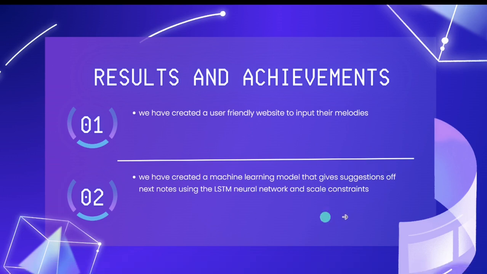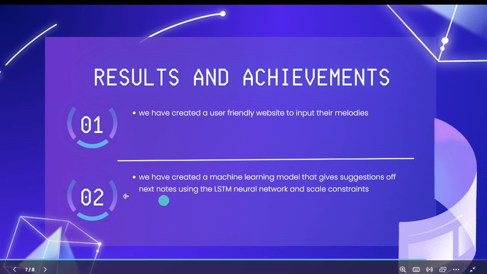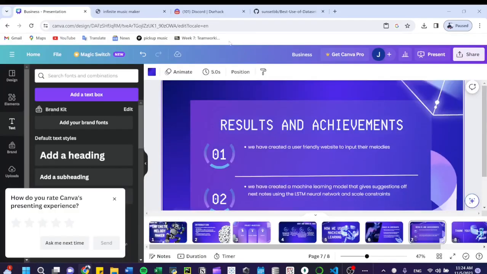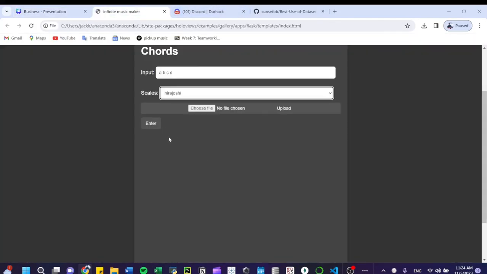Furthermore, we also plan to use audio files, and we basically found this API on the internet where we can convert audio files into MIDI. In the future, we're going to give users the option of inputting audio files, converting them to MIDI, and then using those MIDI inputs, feeding them into the LSTM machine learning model, and it'll output the notes required. And lastly, another thing we're excited to do in the future is allow the users to play their music straight from the website. So there's going to be a button right here that says play the music, and it'll play the music and save the music as well.